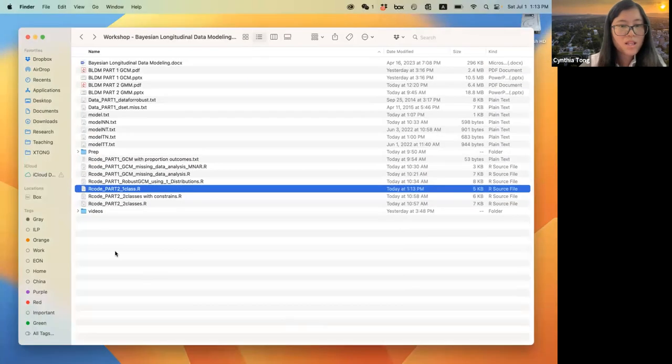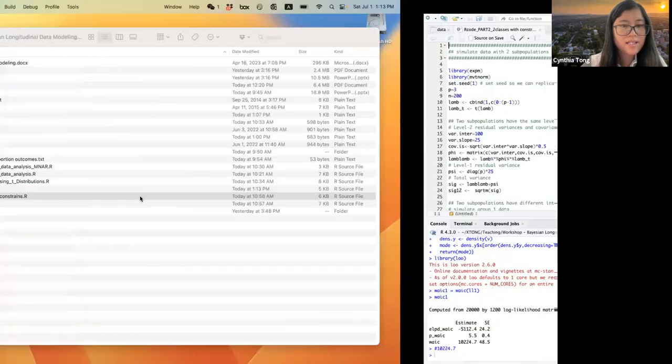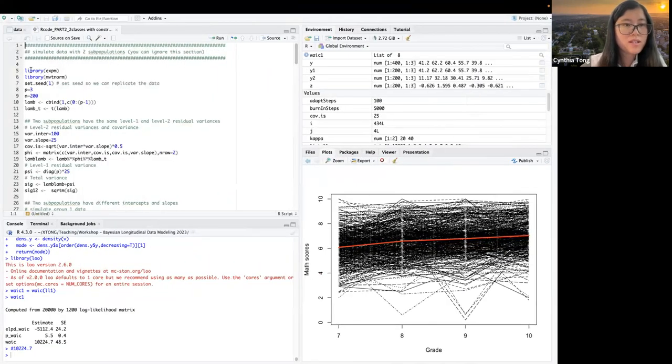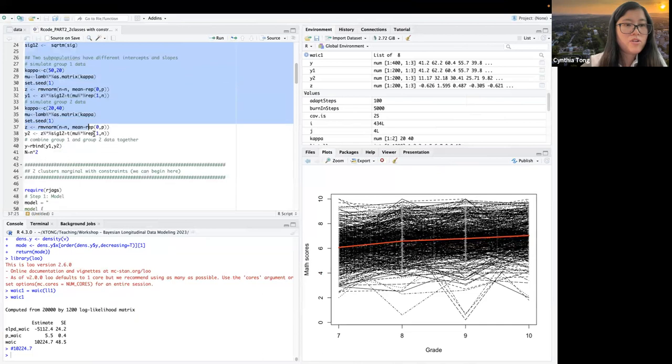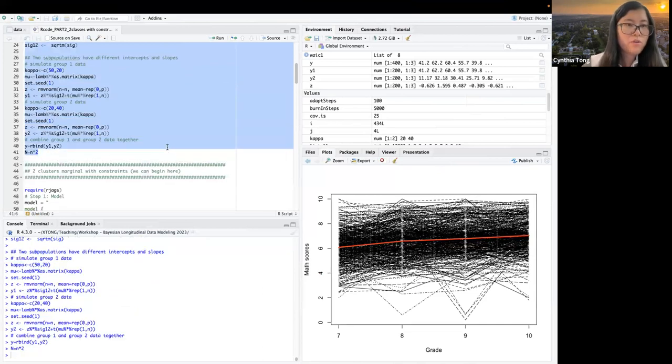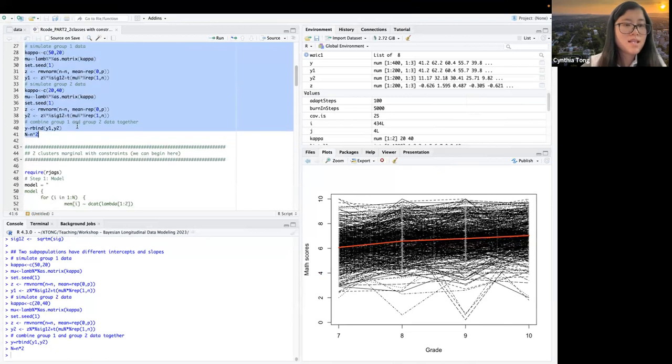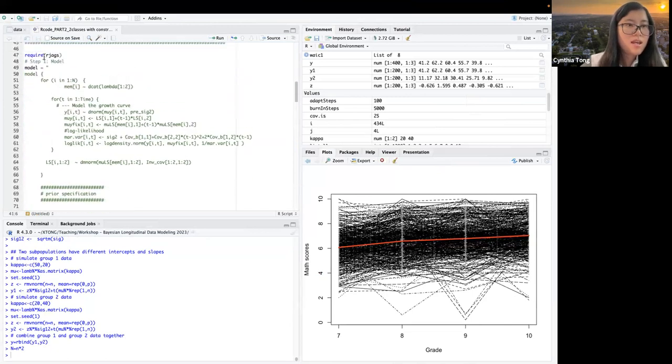So one last thing is the 2-class model with constraints. Again, the first part is for data simulation. If you already ran the 1-class model, it's the same thing. And here you can either use require or library. It's the same thing.